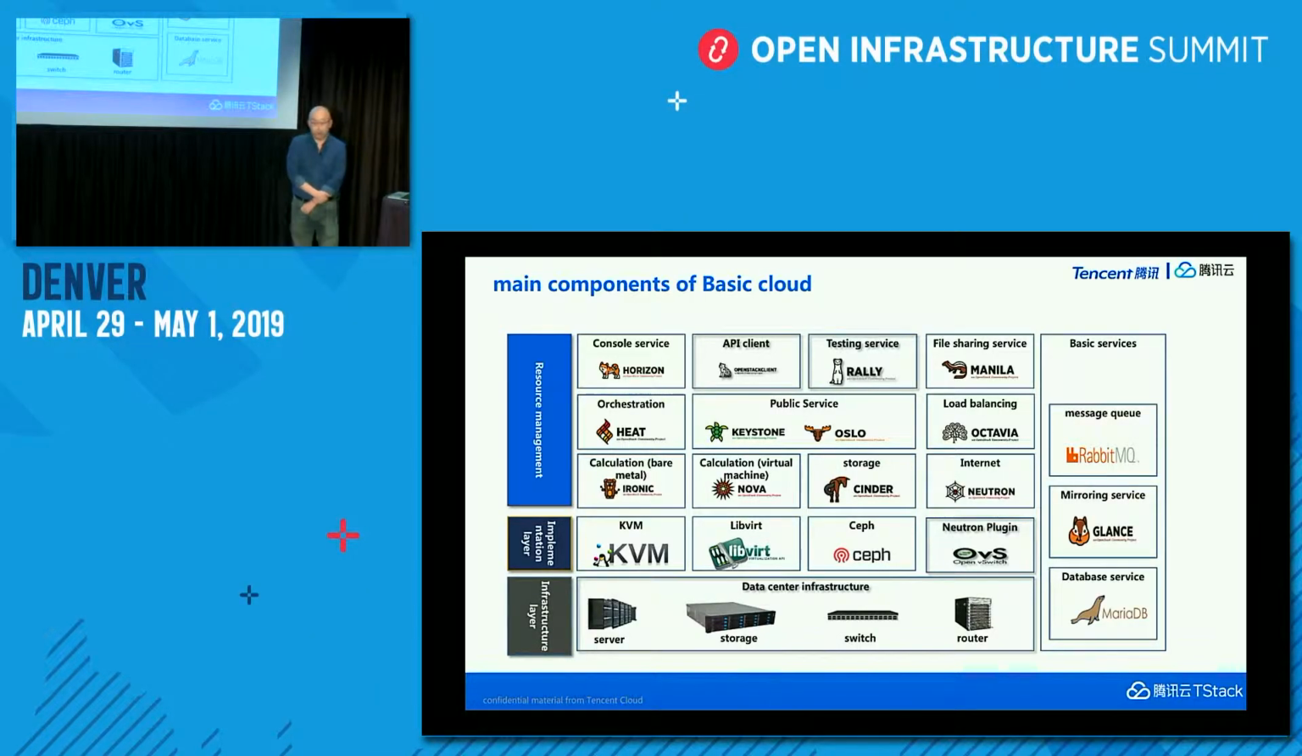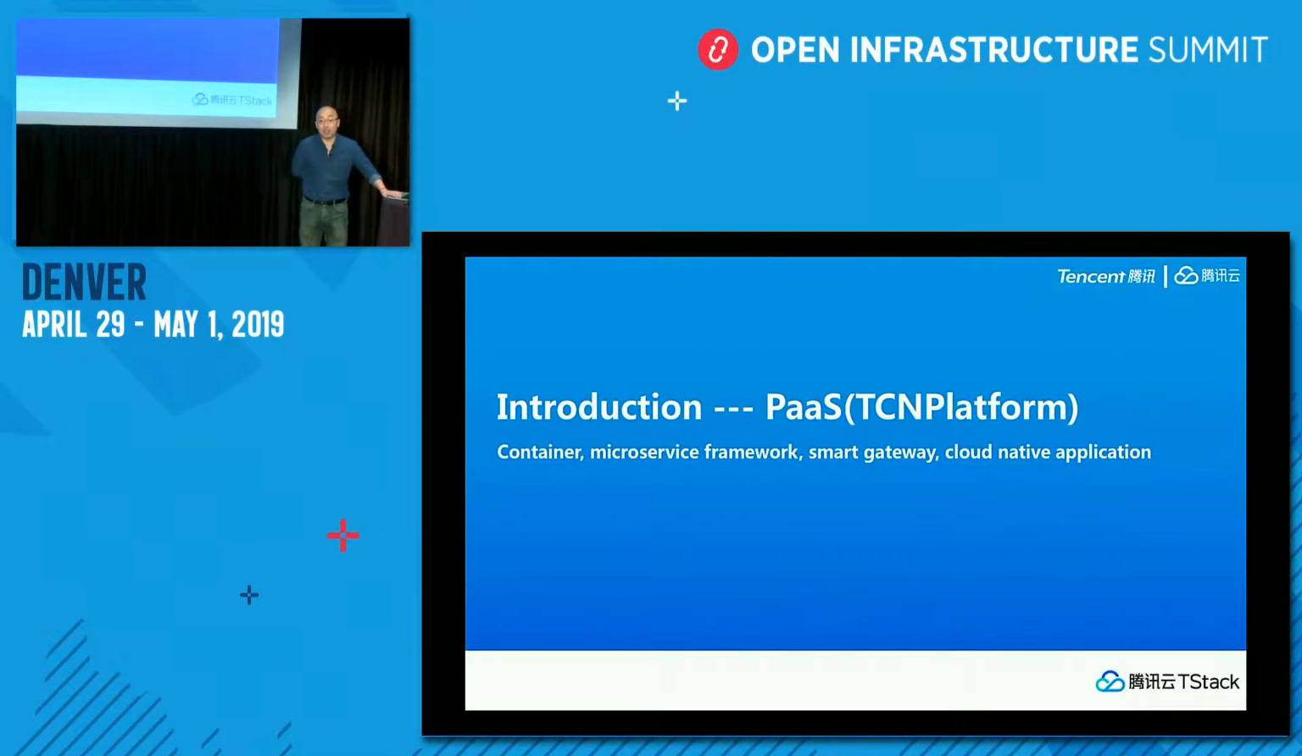Okay, just a brief introduction about the main components of the basic cloud. We are in the OpenStack Summit, so you are so familiar with all these services, like KVM, Ceph, Neutron, and storage like Cinder, Nova, etc. This is the big picture about the main components that we used, the open source modules from the OpenStack Foundation. And later on, the second part is the PaaS platform or the container platform that we build up